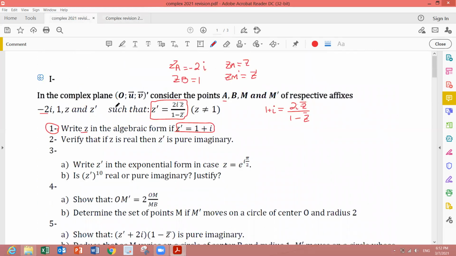Part 2. Verify that if Z is real, Z prime is pure imaginary. If Z is real, then Z equals x, which means the imaginary part of Z equals 0, or the argument of Z equals 0 plus 2k pi